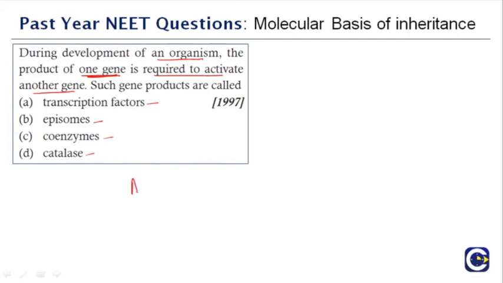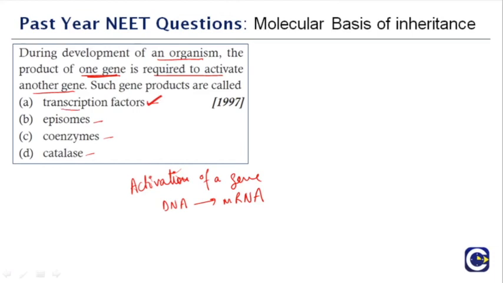So what causes activation of a gene? So what is basically activation of a gene? That it can be expressed in the form of protein. So for example, the first step would be the DNA is converted to mRNA. Okay, and for that, what do you need? You need RNA polymerase and a set of factors called transcription factors.